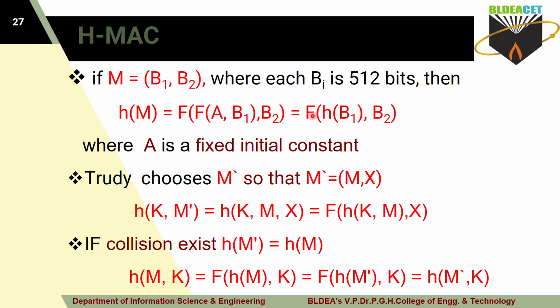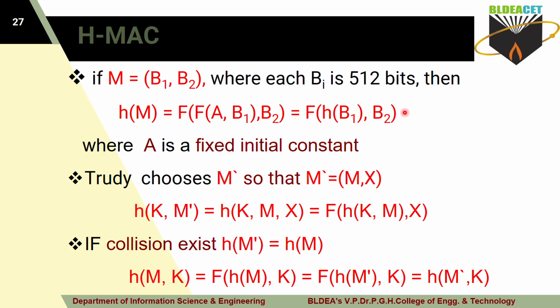Okay, but Trudy knows the function here. So with the help of that function, Trudy will get to know what the hash value is here. Okay, so if they know the hash value, then what happens here? They can guess what the key is here, but it is guesswork. But this guesswork, when does it work? At present it doesn't work here, because only if you know the key will you get the value. The function is known here, but the key value is not known here.